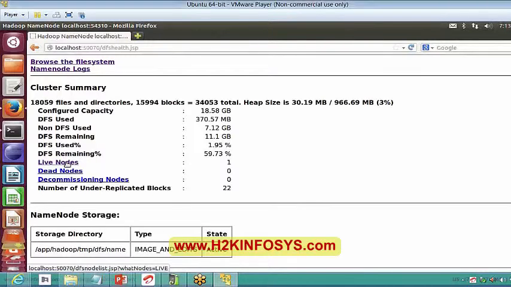For example, if I go for a distributed environment, I would see the number of nodes as 5 to 6 machines. If my cluster is of size 100, I would see live nodes as 100. And if any node is not working, it will show in dead nodes. Once you click on dead nodes, it will show you the IP address of that particular machine, so that you know which particular machine has gone down.